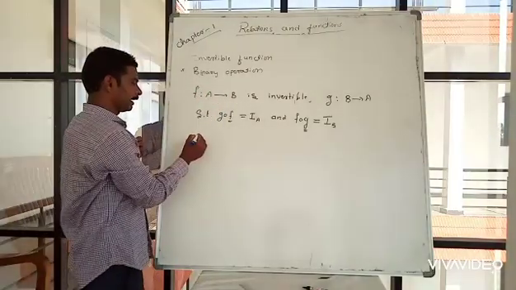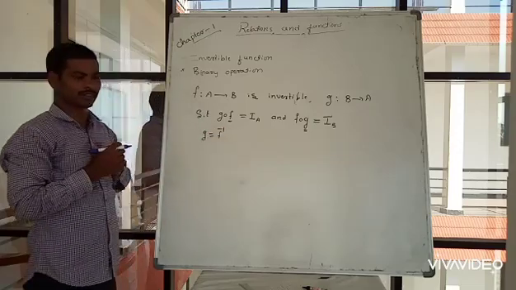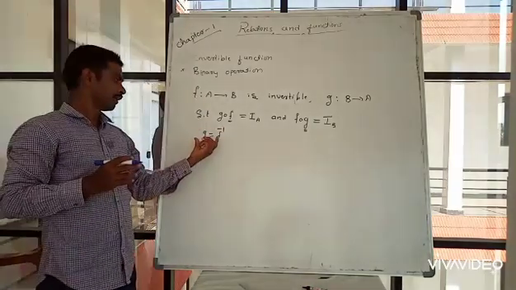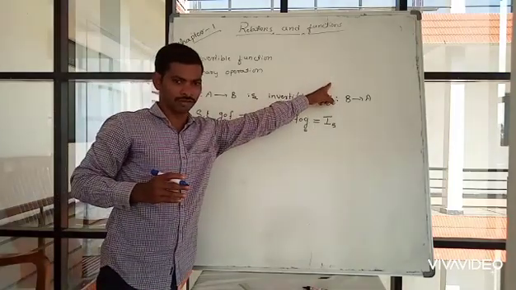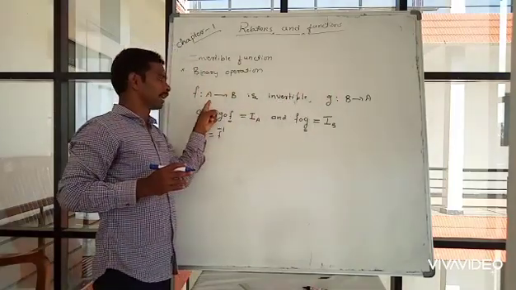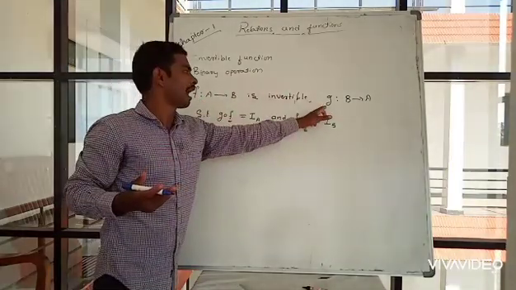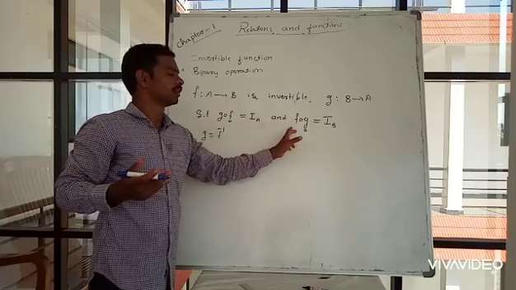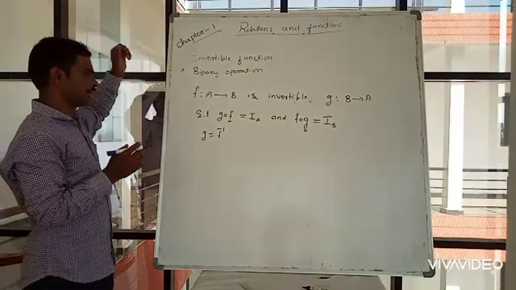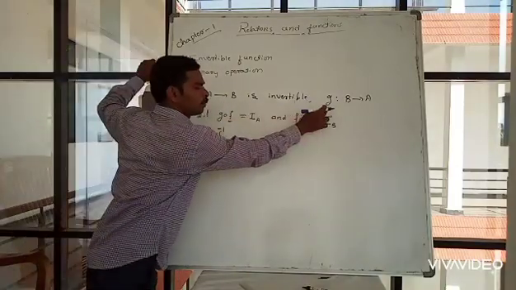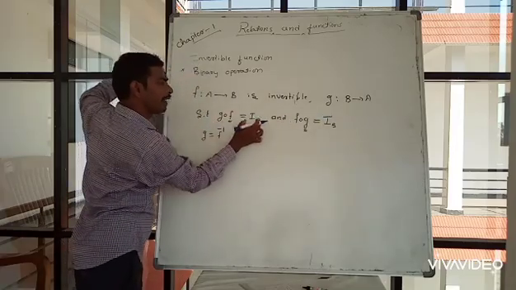That is usually denoted by G equals F inverse. This is the notation. So here you may also take this G as F inverse, the inverse of the given function F, if F and G satisfy both these two conditions. See, from this it is also clear that if these two functions satisfy these two conditions,